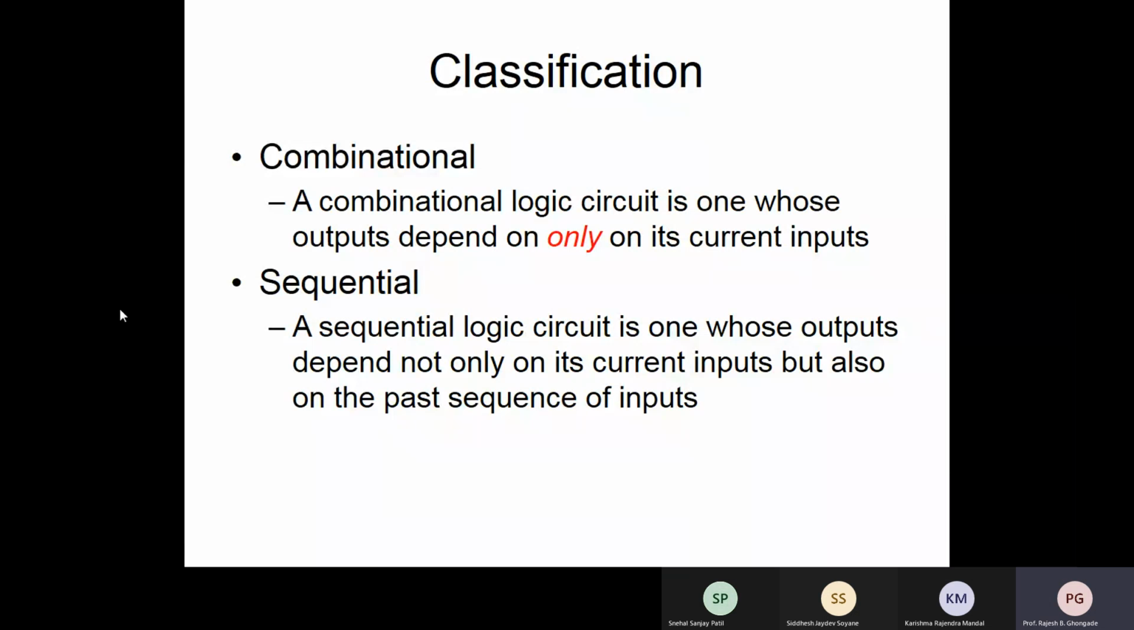Another category is the sequential circuit, digital circuit or logic circuit. In this particular circuit, its output depends not only on the present inputs, that is the current inputs, but also on a past sequence of inputs. This is what makes it different from the combinational circuit. So you can see very clearly the distinction is that the output is generated based on the current input, whatever is the current input, and also on a